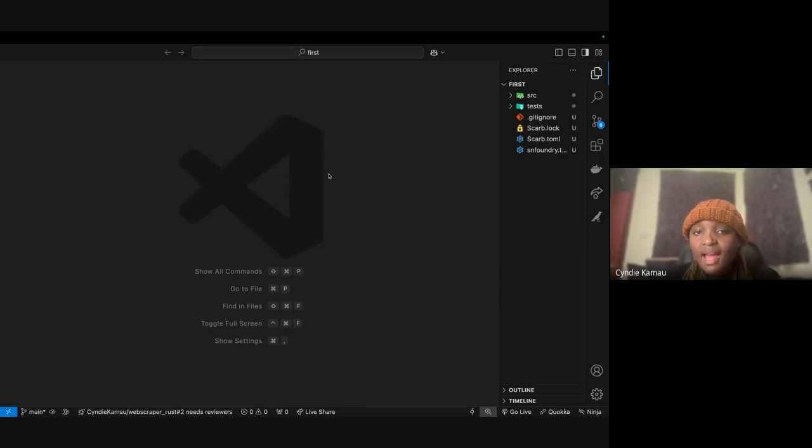Here I have my setup, which is now for Foundry. I've set up an environment which will use Starknet Foundry, so when you continue writing smart contracts, you need to deploy them. And tools like Starknet Foundry help a lot. There's also another tool called Starkly, but mostly we use Starknet Foundry.